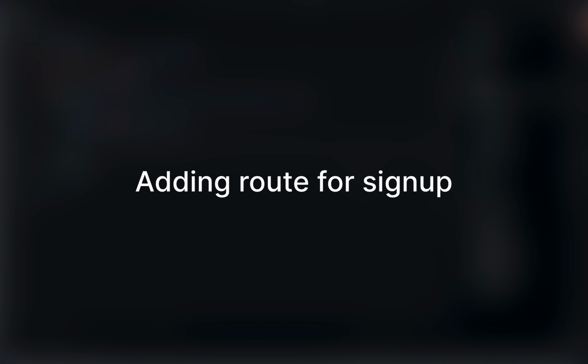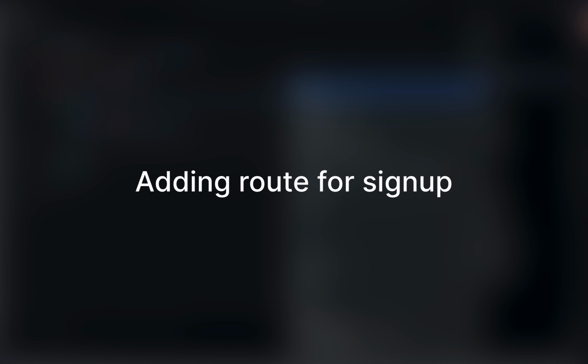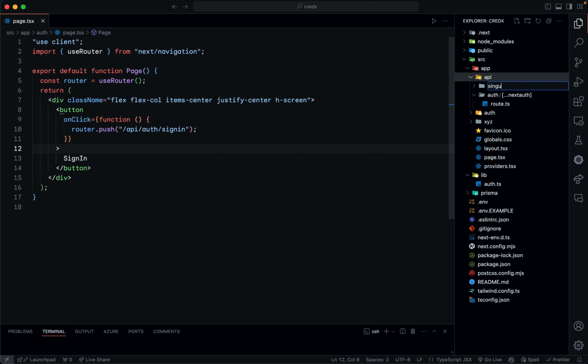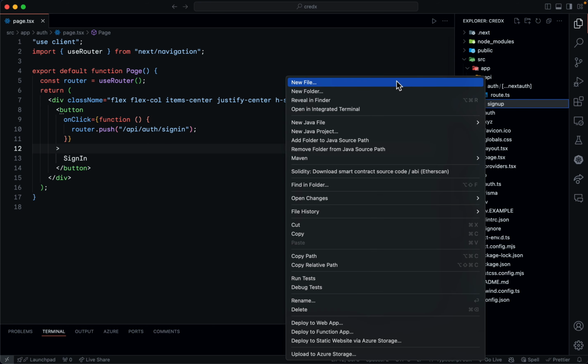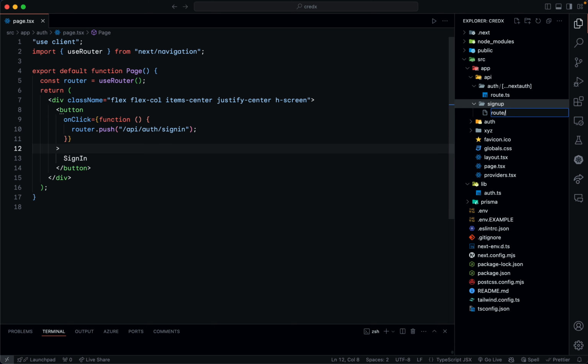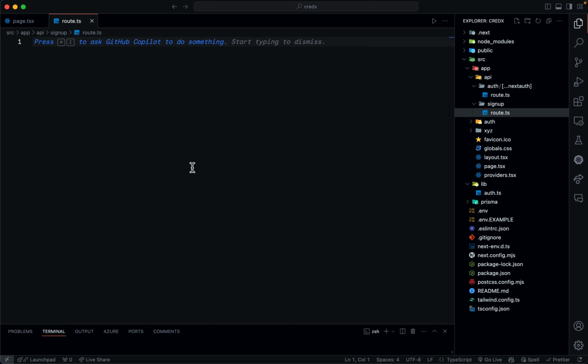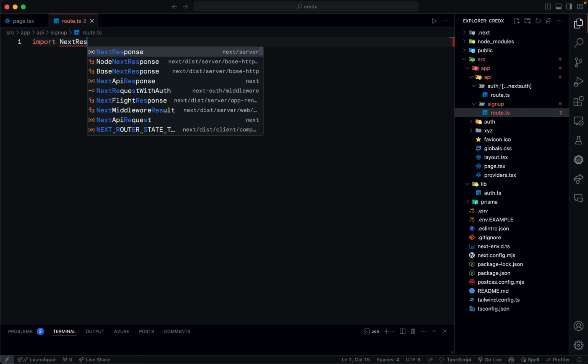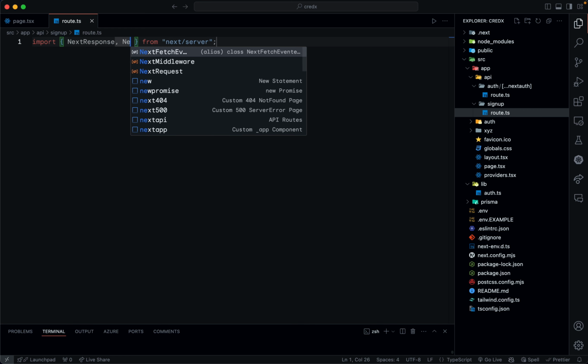Now that we have added providers.tsx, what we can do now is make a backend route which can be known as SignUp, and here we can create a route.ts file. And now let us write our logic of signing up the user. First let us import NextResponse and NextRequest,